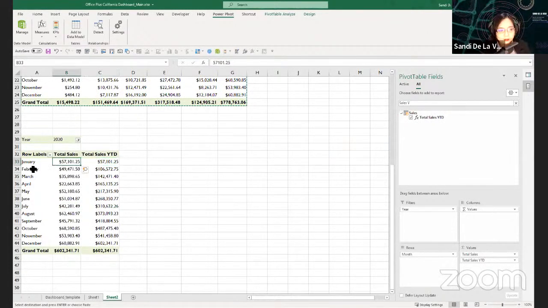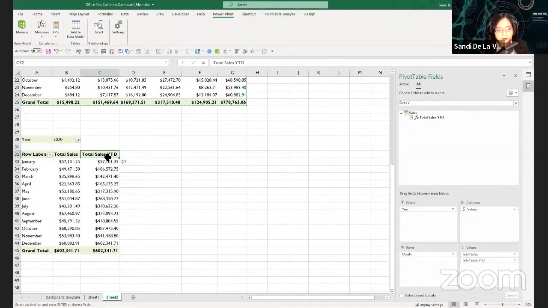You can see here, for example, January 2020, we have total sales of 57K and the total sales year to date is also 57K. But for February, you see the difference now, the total sales from January is added to the total sales of February and so forth. You can see the trend here for the total sales year to date.